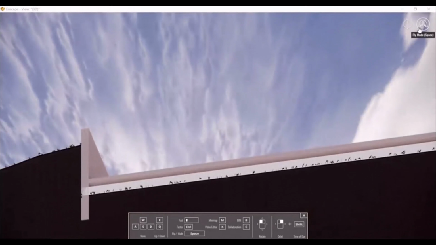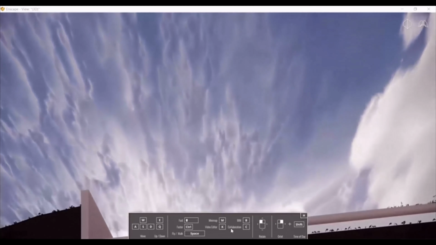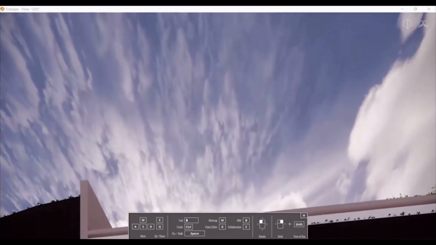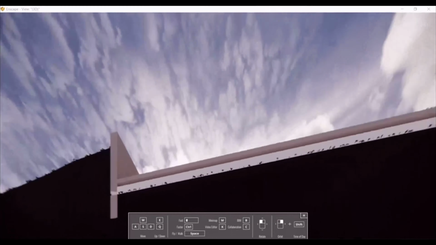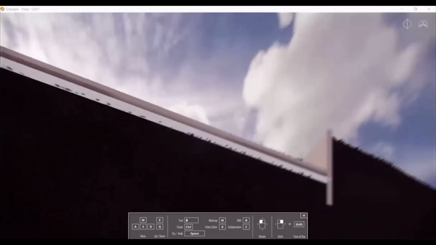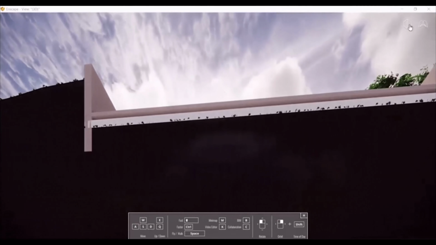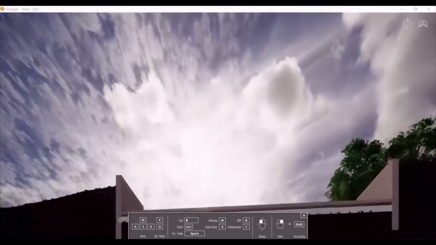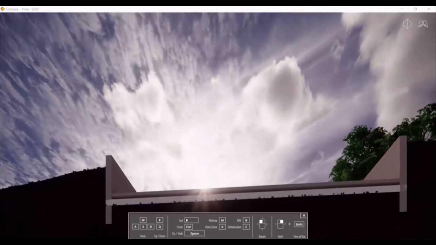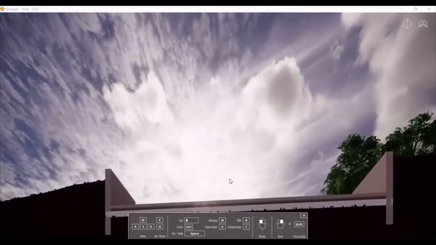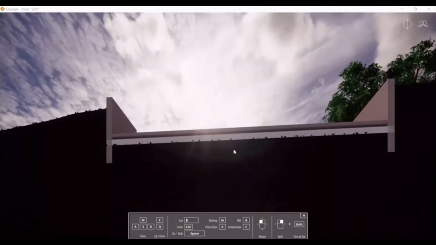Here it is highlighted which mode you are currently in. So you are currently in fly mode, and with your mouse left key you can rotate around. If you hold your scroll button, you can zoom in and zoom out.